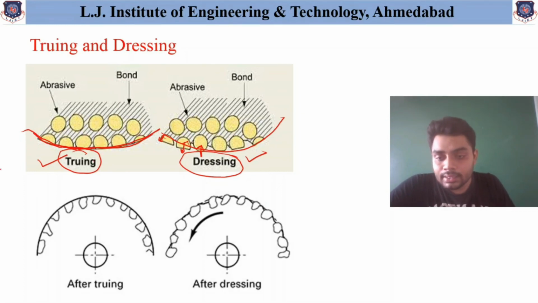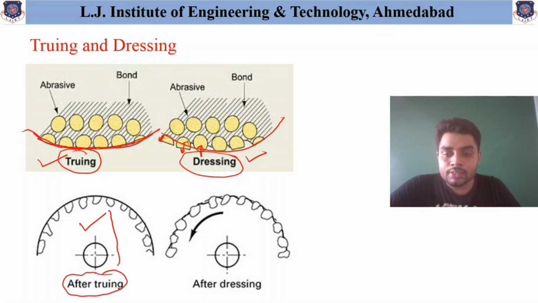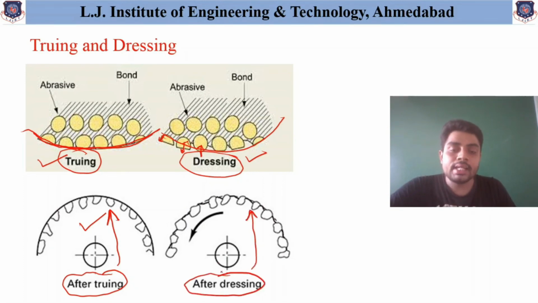Similarly, here is a simple 2D figure which you can also draw in your exam. So this is the case. After truing, the grinding wheel becomes like this, but after dressing you will see the grinding wheel like this. We can also say that in many cases, after dressing, the truing operation is performed. So keep in mind the basic terminology of these important parameters, loading, dressing and truing, because this is many times important from an examination point of view also.